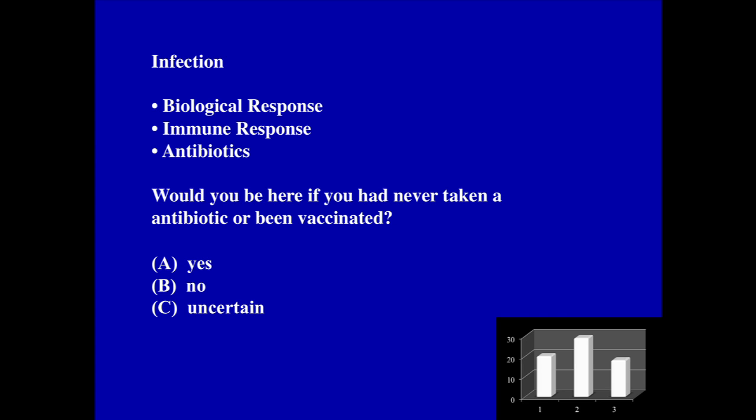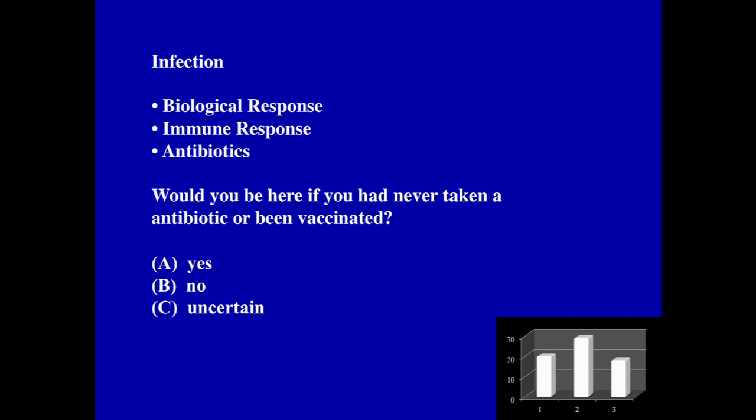But before we get to that, I think a backdrop to this is about infection itself, how infection has plagued humans since the very beginning. We have recognized in the first part of this course that self is okay, non-self is not okay, and that humans, along with many other organisms, have developed very sophisticated defense mechanisms against infection. There is an initial biological response, both by the pathogen and by the host, and then in humans, an immune response. And when we see in humans the development of antibiotics, antibiotics, since their inception, have been a tremendous boon